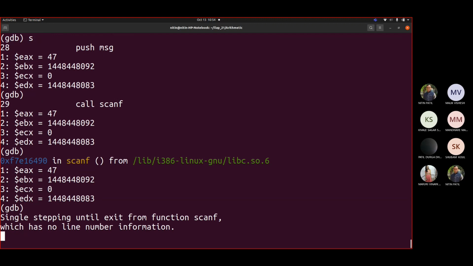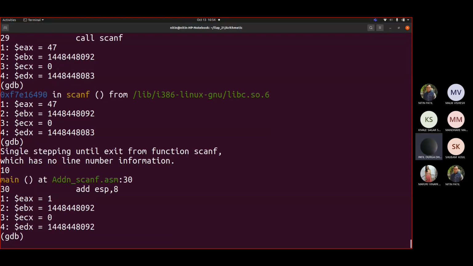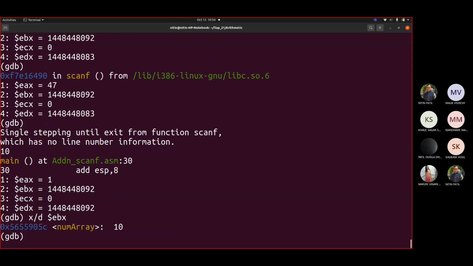So we are expecting a value there. So suggest me some value. Durga, suggest me some value so that I can input it, provided it should be a number, integer type. 10. Okay, so Durga gave us 10. So let me display this x/d $EBX. So can you see 10?